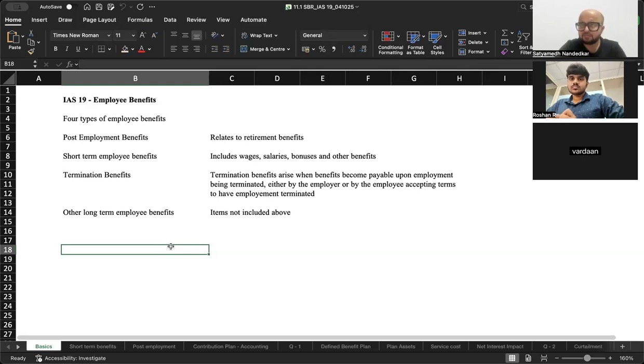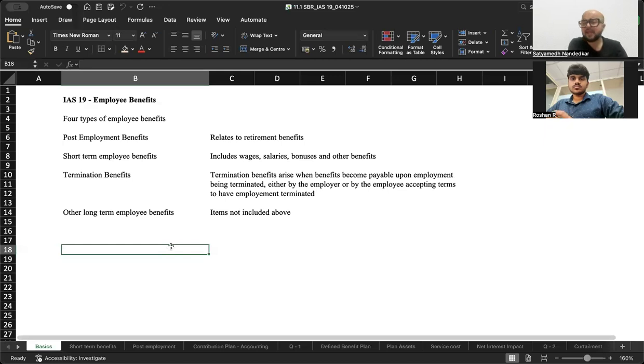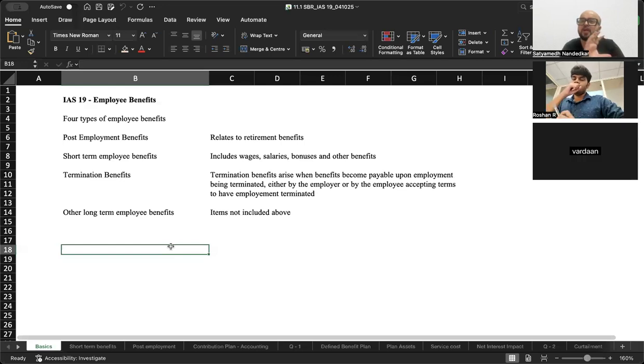Short-term benefits, not much of a complexity here. It's your usual salary payable in cash. Now, there are sometimes employment contracts where they mention things like leave encashment. Leave encashment differs from entity to entity. There are certain companies which will say that if so many leaves are accumulated, you will be given a particular amount at the time of your exit from the company. So leave encashment in that case would become a long-term benefit.